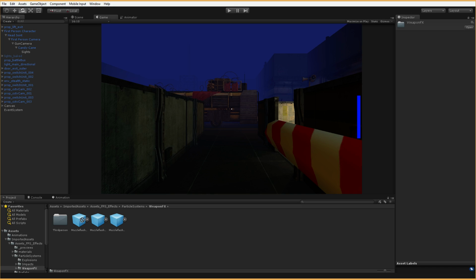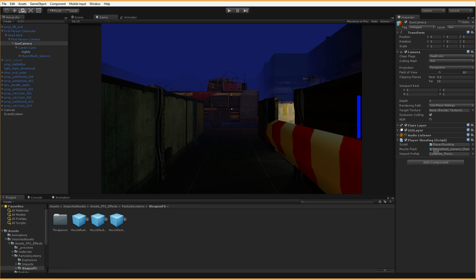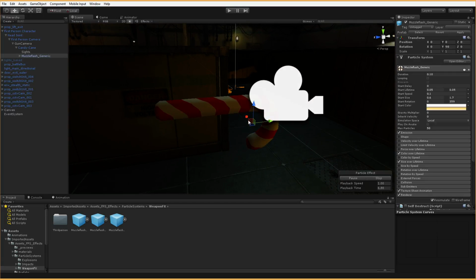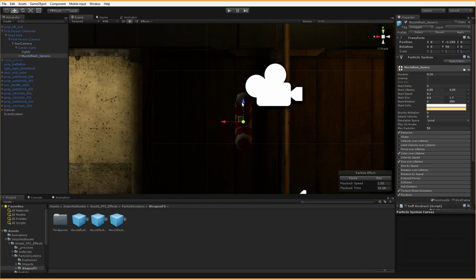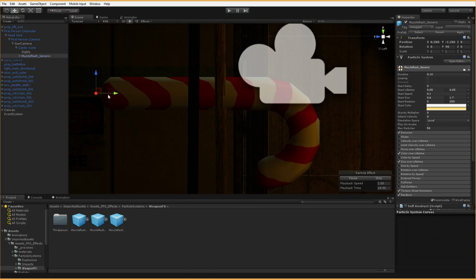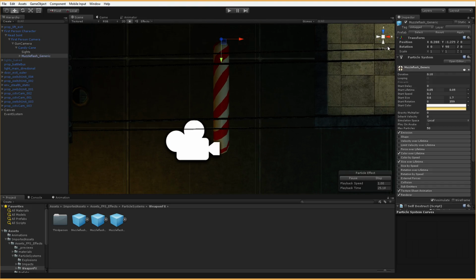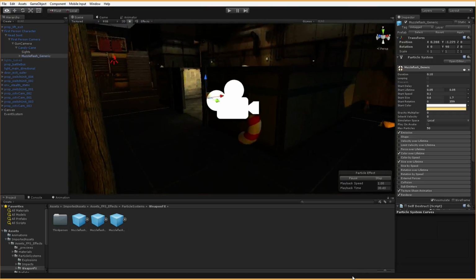So I will click and drag a muzzle flash prefab onto the candy cane, and that's the one I'm going to put in the property there. That was a mistake on my part. The last thing I need to do is put the muzzle flash on the tip of the gun. So let's go into ISO view here. Snap to an axis. That looks good. Perfect, that works. We'll come out of that. So yeah, I messed that one up.